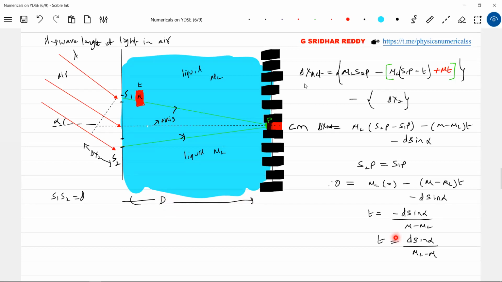Why only central maximum? Shall we bring some situation where the central maximum must be exactly at slit S1? For that, what conditions are you going to put? The same thing: the ray of light will illuminate the slit at an angle. The same diagram. Let me take the next condition.